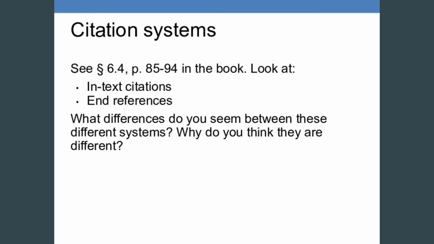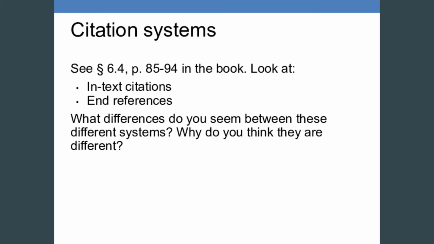So you've got the in-text citations, that's in the text, within the paragraphs, when sources are cited. How are they cited? And you'll see some interesting differences here. Then look at the end references. In humanities, it's more often called works cited, maybe occasionally bibliography. In most fields, it's called the end references. As you compare the style of in-text references between these systems, what differences do you notice? Why do you think they are different? As you look at the end references between these different systems, what differences do you notice? And why do you think they are like that?